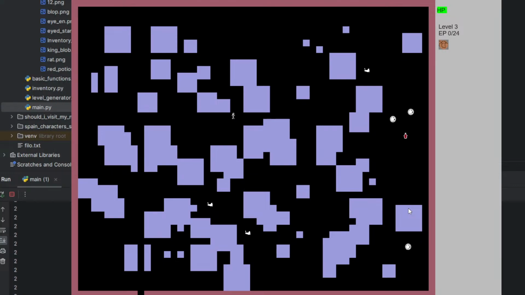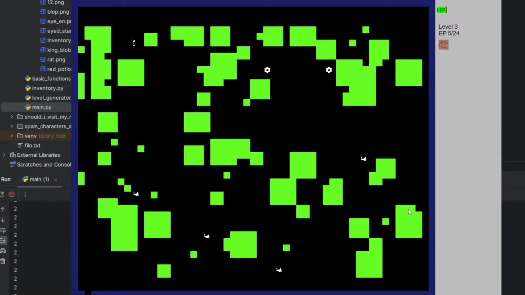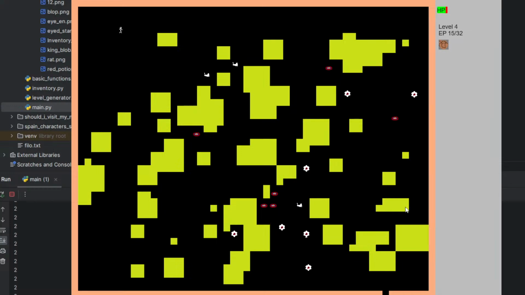Already level 3. And shouldn't be that hard now. Let's head to level 3. Here we go. Oh, and here we get the cool new enemy type, which are the stars. And yeah, now we can even head to the next level. Oh, and they are pretty. Now we get the scary ones. And headed to level 5.